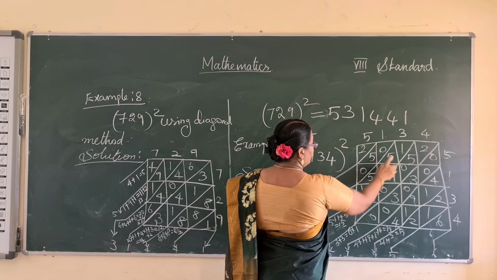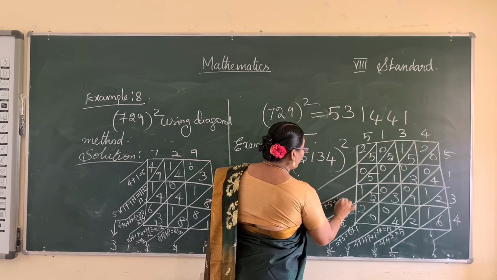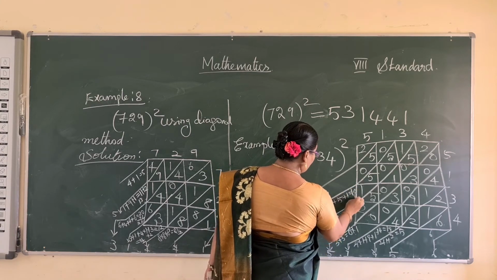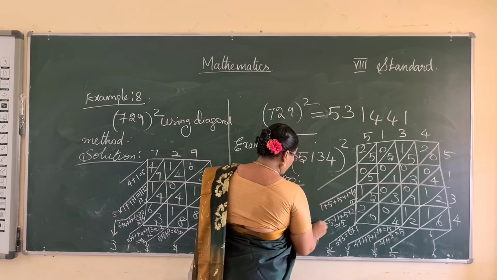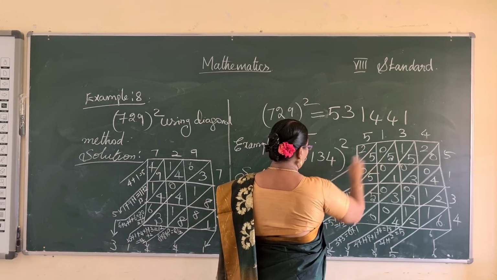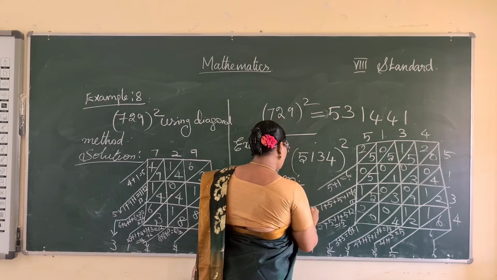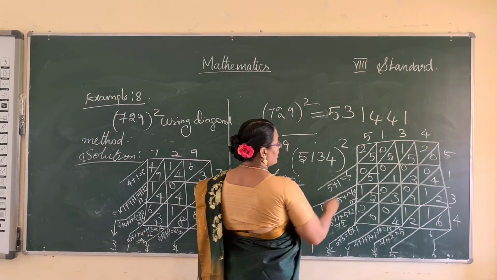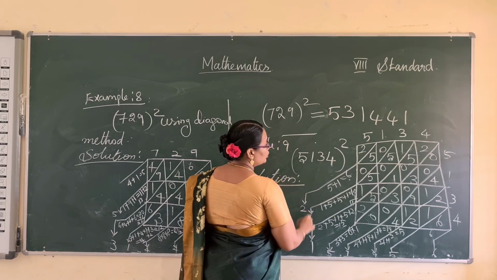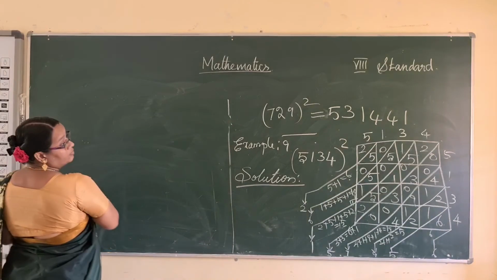1 plus 5, 5 plus 1. So totally 10. 1 plus 5 plus 5 plus 1 is equal to 10. Already here 1. So 11. So in this place 1. Carry forward 1 to this place. Already here 5. 5 plus 1 is 6. Here write 6. And here 2. Okay.